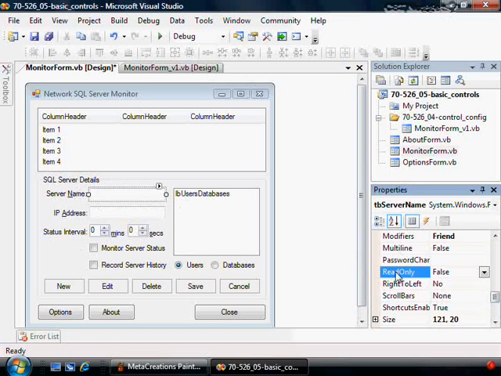Now, this one we're actually going to use because this is useful here. When a user clicks on a SQL Server and fills in the details, they have to click the Edit button in order to go into edit mode, right? So this will actually be used